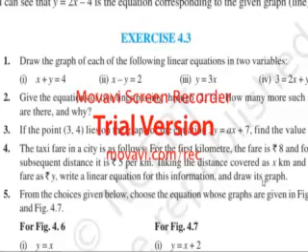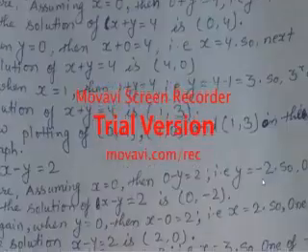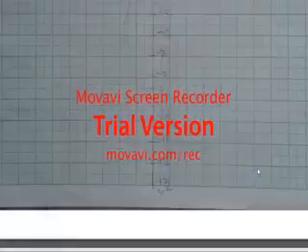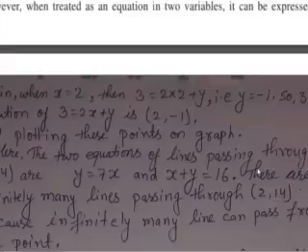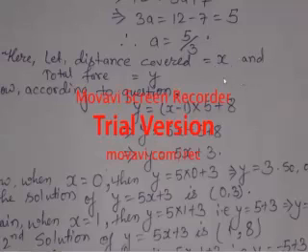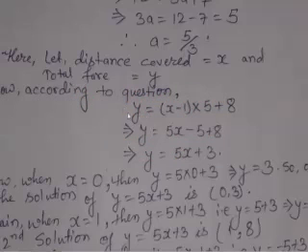So let's see how I made it, or how you can make it. Here, let the distance covered be x. It was x kilometer, but we have to calculate, so I left the unit, since we can understand distance will be in kilometer only, and I did not write rupees for the fare, I simply wrote y. So now according to the question, what will happen? y = (x minus 1) into 5 plus 8. Why am I doing x minus 1?